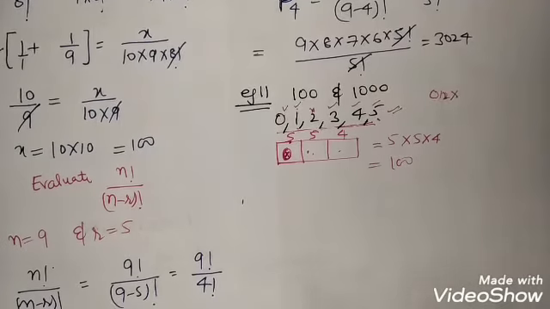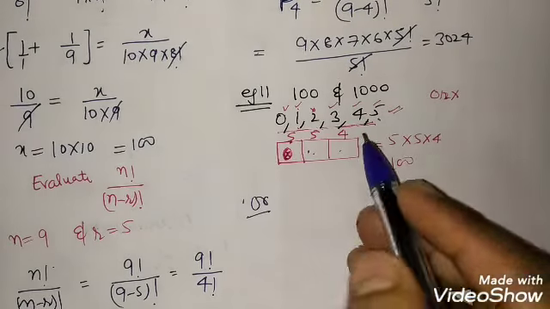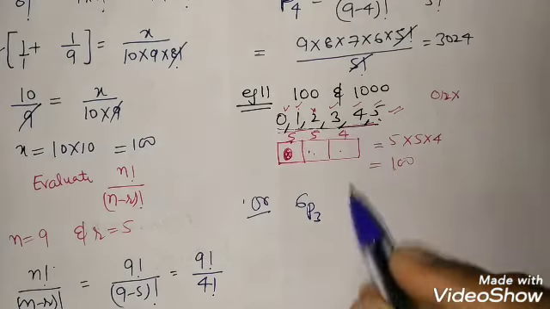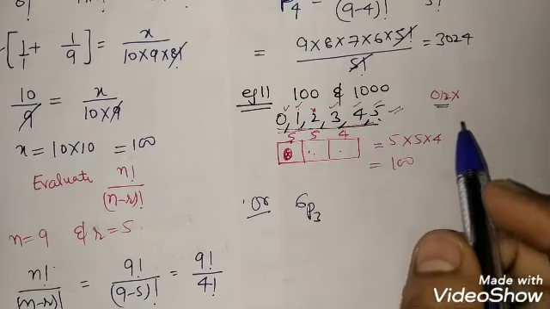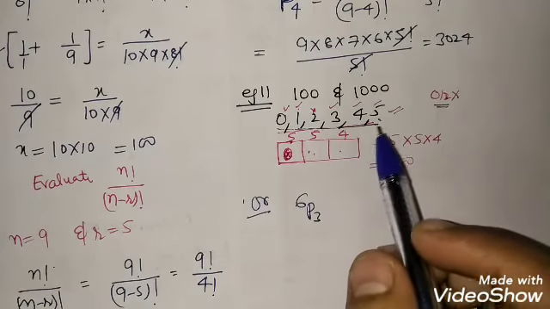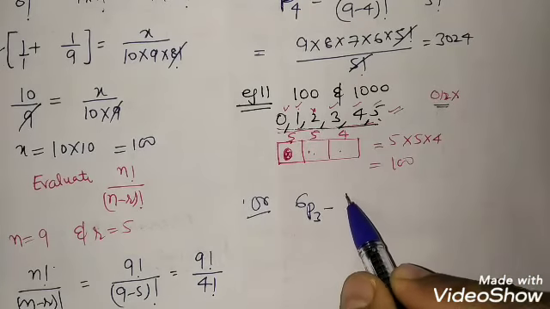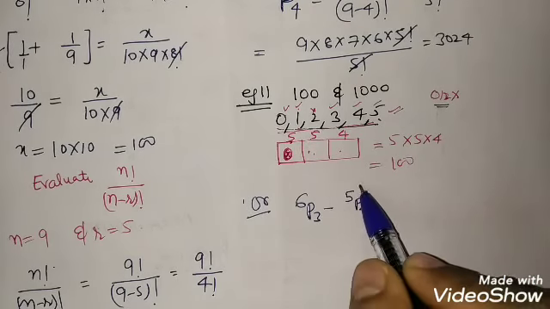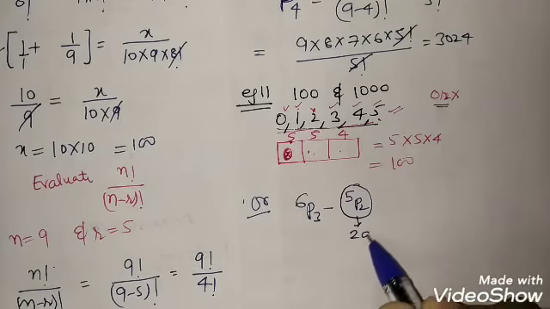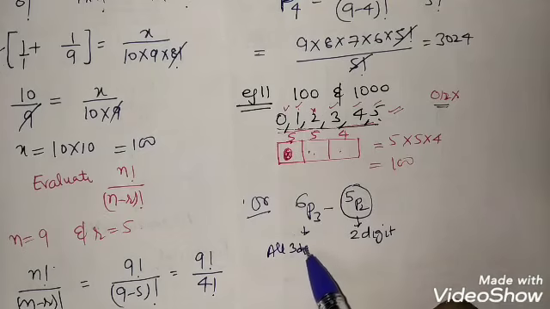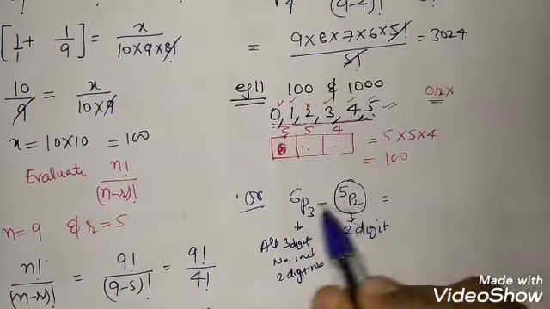On the other hand, in your NCERT, the OR method is first of all to find all 3-digit arrangements. We have 6 digits, that is 6P3. But there are so many like 0, 1, 2, 0, 1, 3, 0, 1, 4, 0, 1, 5, 0, 2, 3, and so on. These are 2-digit numbers, so I can subtract them. These are all 3-digit arrangements, including the 2-digit numbers, so we subtract those.